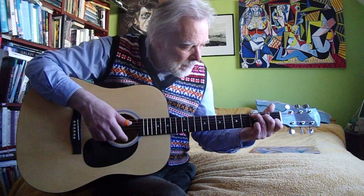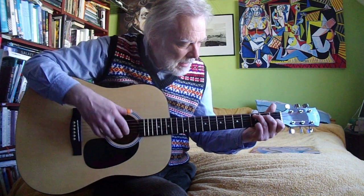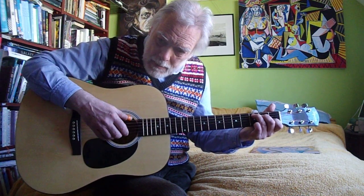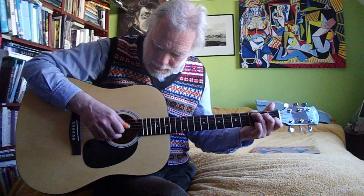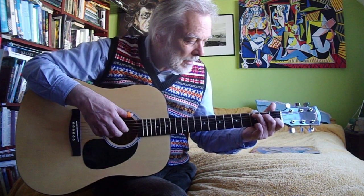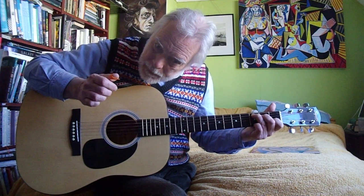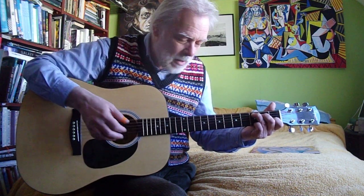The second note of the melody is the little finger on the third fret top E string, along with this emphasized low E, open E bass note. Which is a very distinctive part of the tune. So those two notes, and then